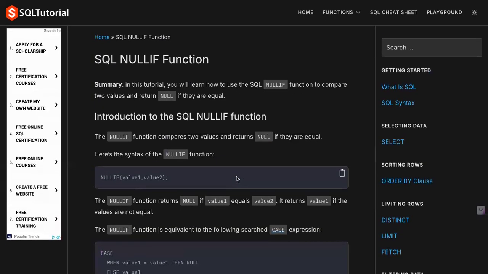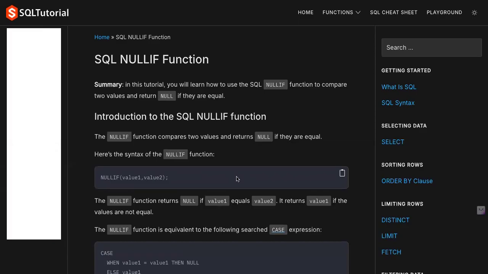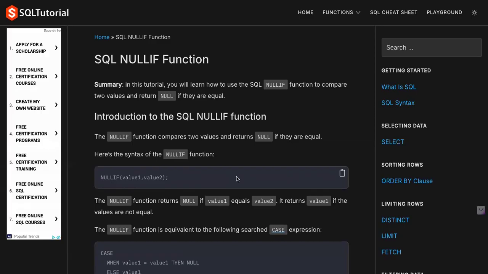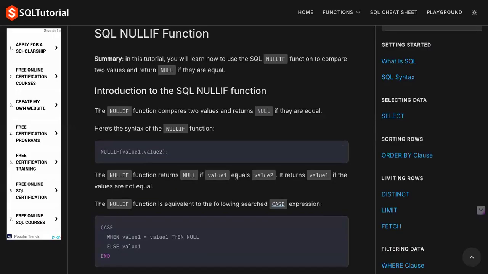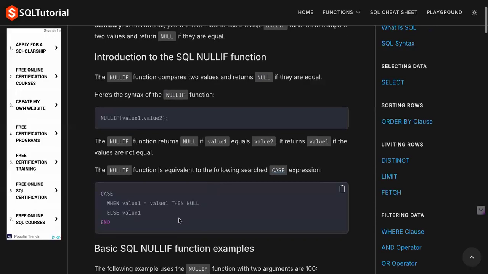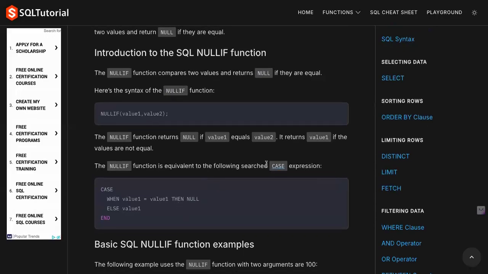The NULLIF function. Now, SQL uses the NULLIF function to compare two values, and it will return null if they are equal. It is very simple. If you compare two values and they are equal, it will return null. Otherwise, it will return something else. So if you want to use it in the case way, like a case expression, which is called searched case,